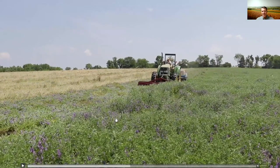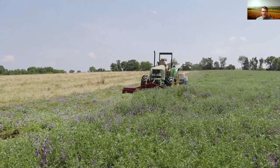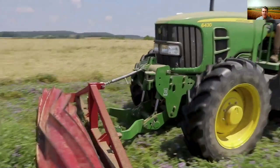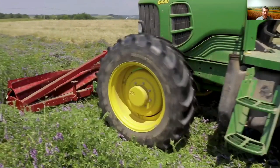If I stop it again, what you see in the background is the rye that's been rolled down, and soybean was planted directly into that. And again, the rye has to reach anthesis, where it's starting to shed pollen, or if you roll it down, it's just going to pop back up. So the soybean has already been planted, and now Ross Duffield, our farm manager, is rolling down the vetch and planting corn directly into this rolled down hairy vetch. We're using a monosem vacuum seeder, so you could actually change settings for the different seed plates. The roller crimper is rolling down and killing the cover crop,